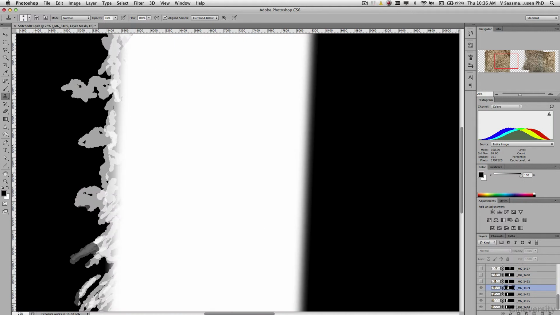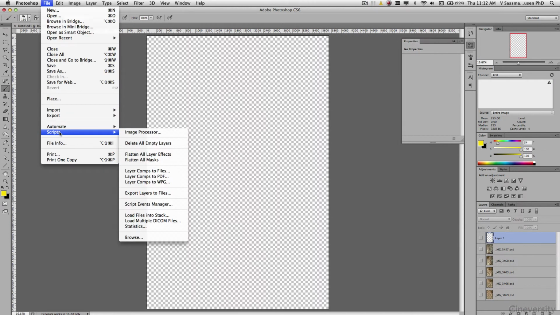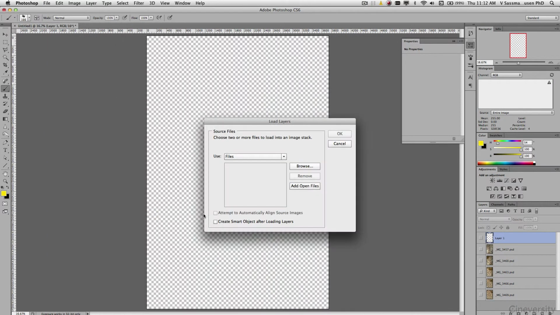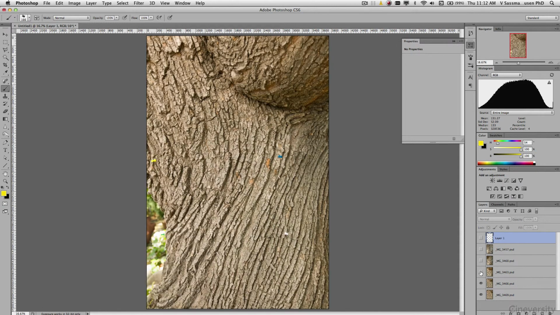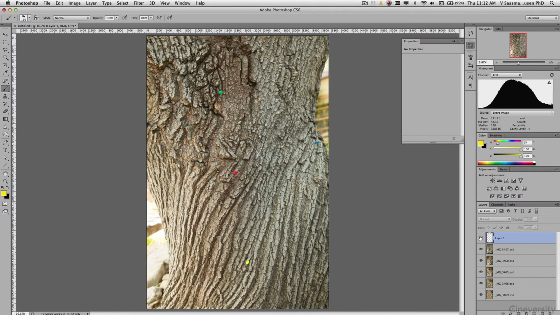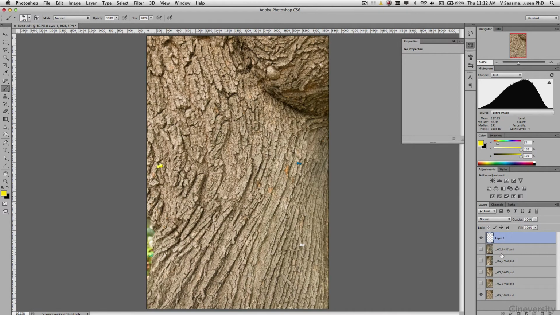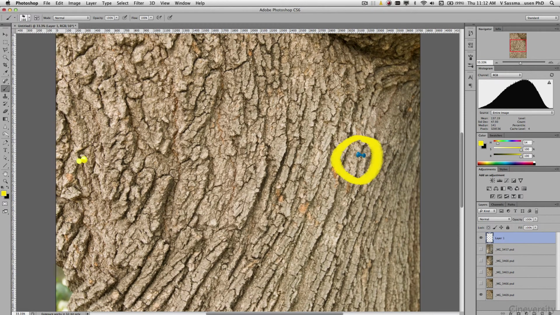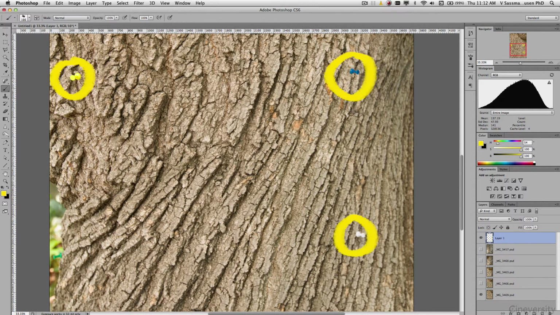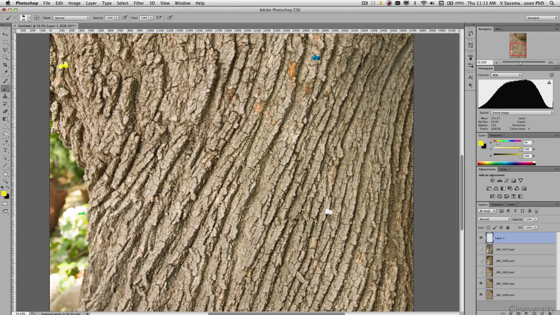So here you can see one of the textures, and I go already to the example. Load into stacks, don't align these parts, and here we can see already the 5 textures where I want to show you how it is done with these colorful pins, and these colors are always sorted so they do not replicate too fast. So we have a clear orientation about everything here,